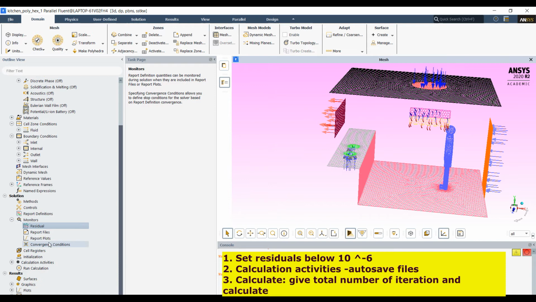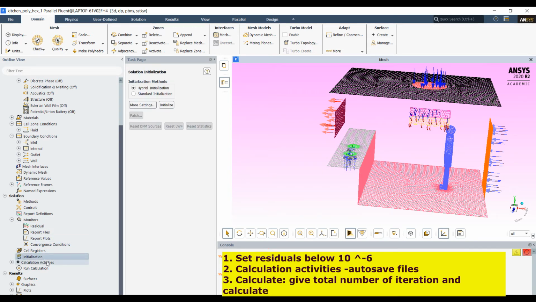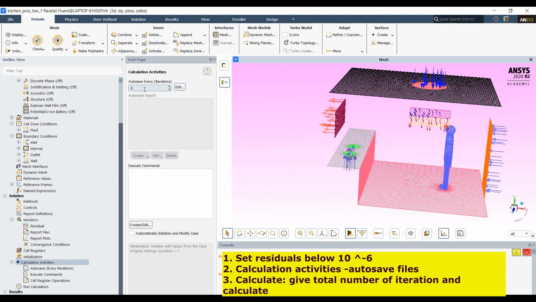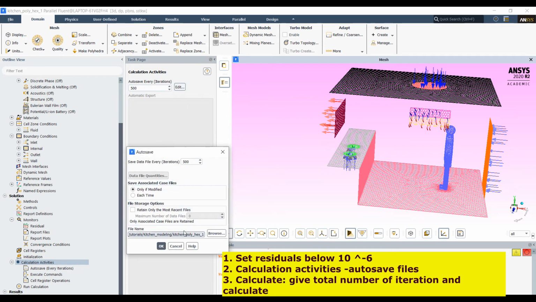Then go to initialization. Before going to initialization, I can save this file after 500 iterations, and give auto save path, and retain file maximum one, give name kitchen heat transfer.